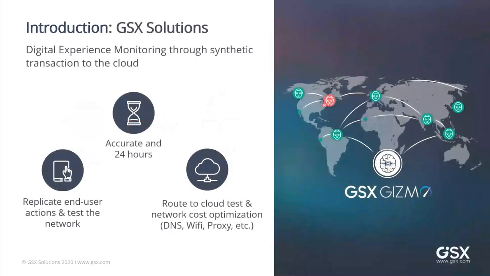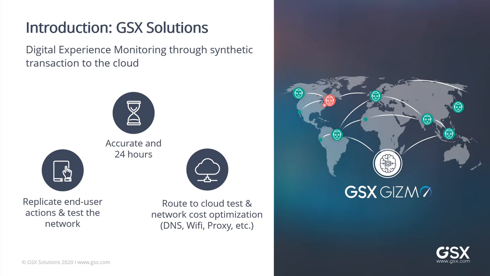So before we go to the data, let's explain very quickly what JSX is and what we do, and it will be important to follow the rest of the session. We are specialized in synthetic transactions for Office 365 and hybrid Microsoft environments. Our tool works with small Windows services running on a Windows machine without any impact on the network. We call them robot users, and they are continuously testing Office 365 workloads, Teams included, of course, to provide 24/7 performance data from anywhere they are, at your office or on a user's machine. All the data we will see today are generated by these probes.